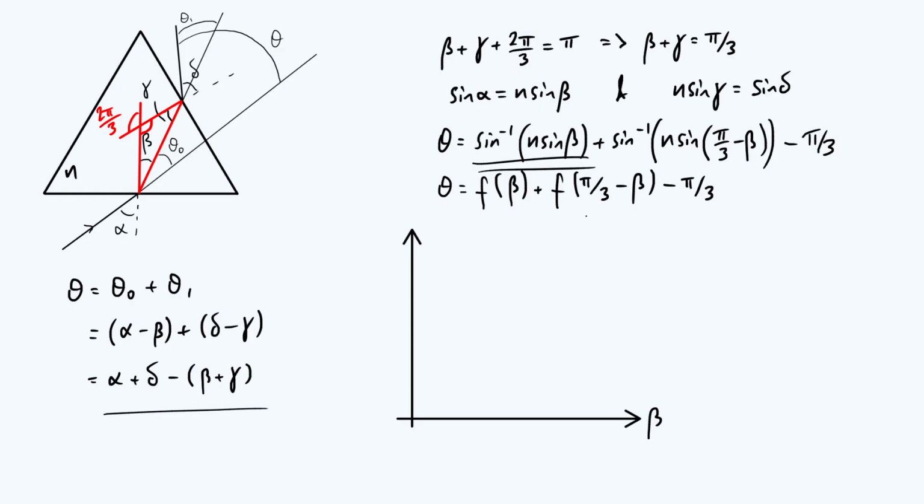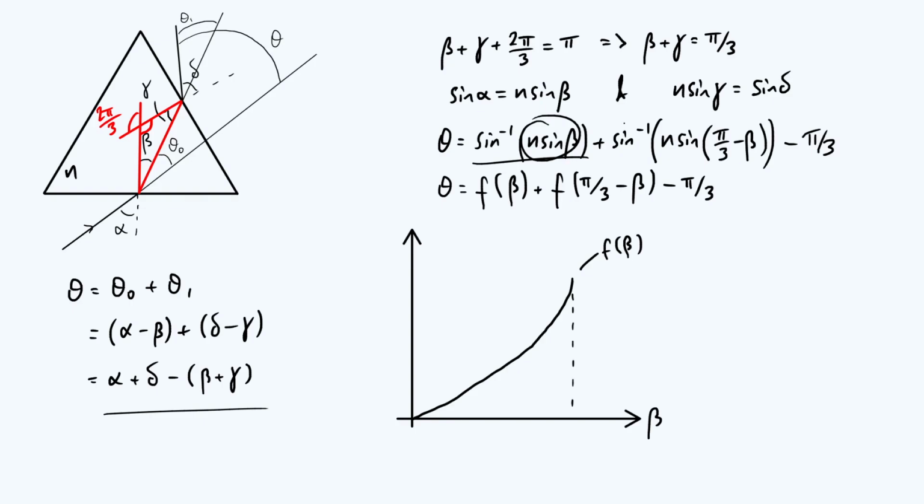Now, the inverse sine function is basically like a sine function that's been reflected in the line y equals x. Roughly speaking, that is going to have a shape that looks something like that. That is a line of f of beta. And it's going to stop, right? So this point here, it's just going to stop when it reaches the point where the argument